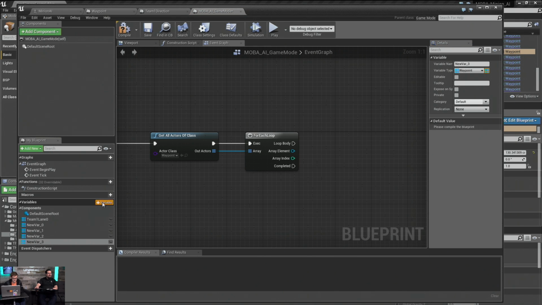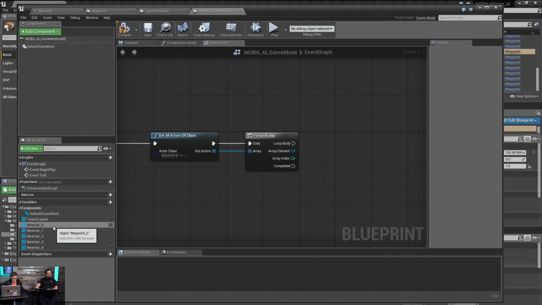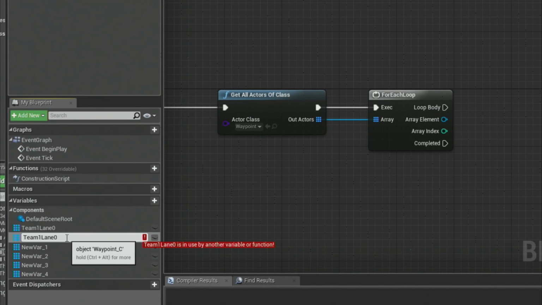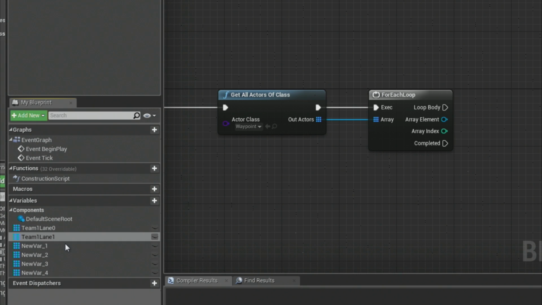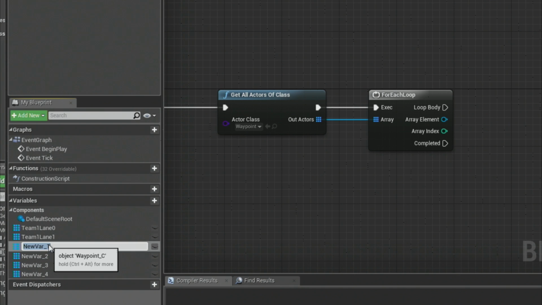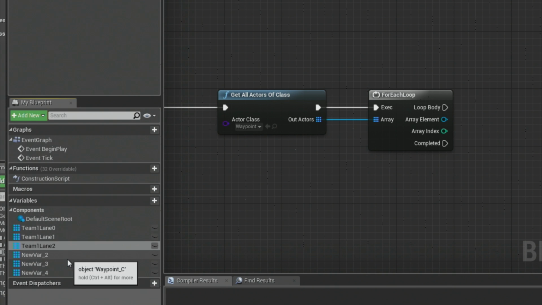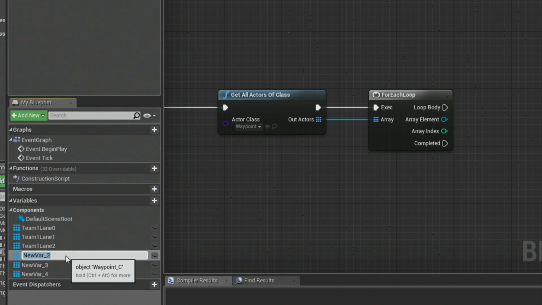That's 1, 2, 3, 4, 5, add a 6th. Control C, Control V, lane 1. Control V, lane 2. Control V, team 2, lanes.